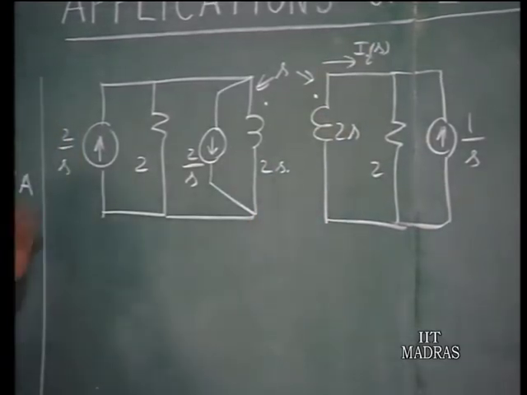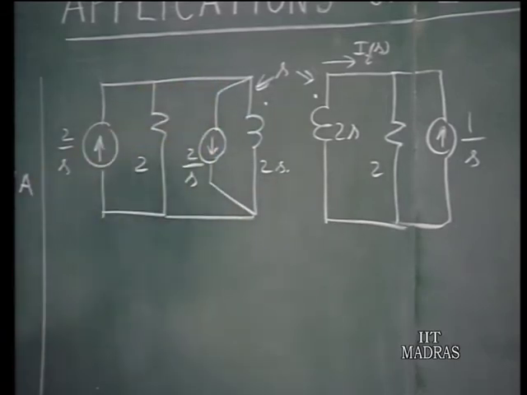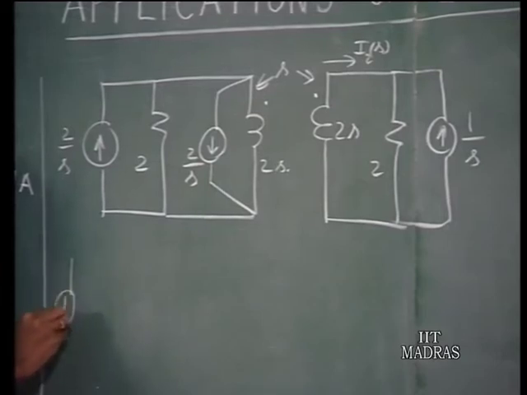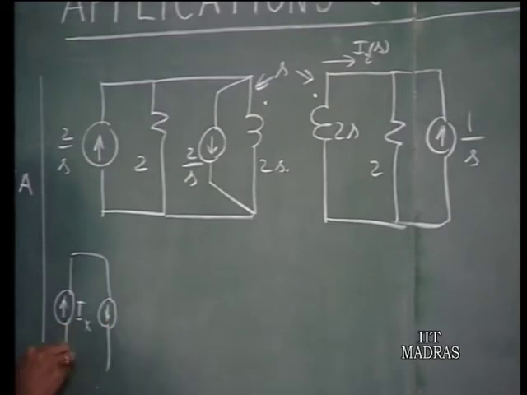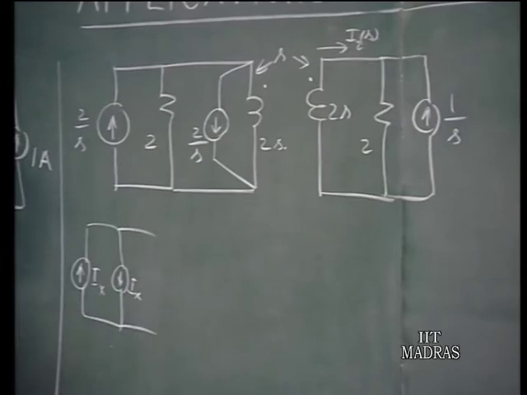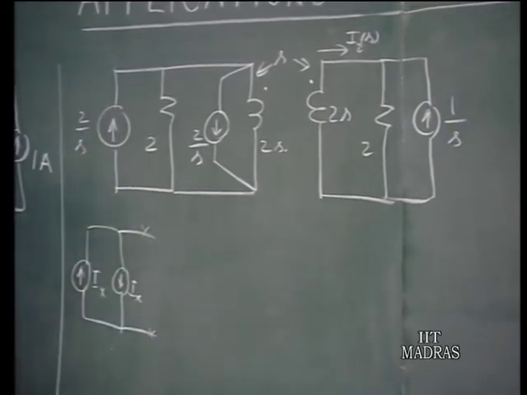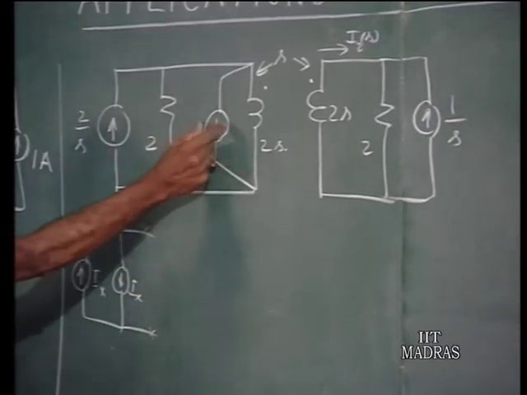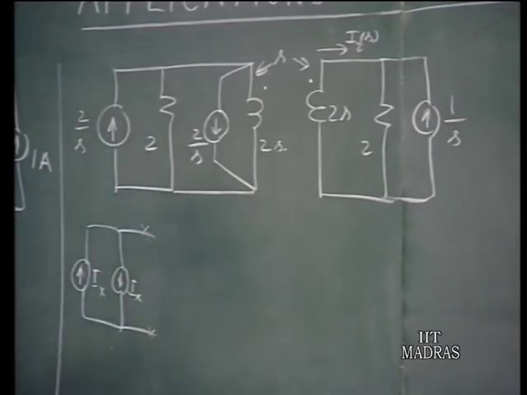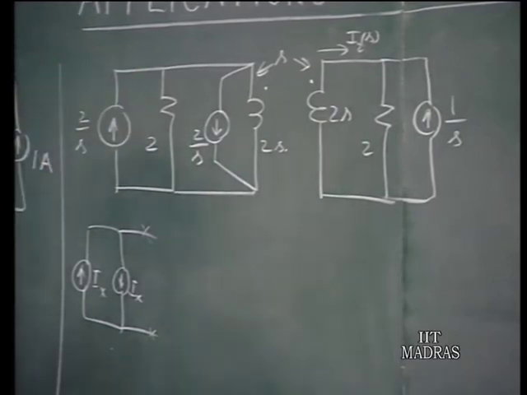Observe here that 2 by S and minus 2 by S coming together at the same node cancel each other out. That is, if you have a current source here of some amp, say Ix, and another current source of Ix here, both of them cancel each other out, and therefore the net current in whatever it is connected to is 0. So, using this principle, this current source and this current source are parallel to each other and equal and oppositely headed. So, their effect on the rest of the circuit is 0.